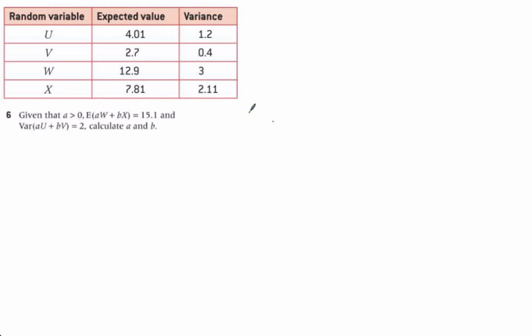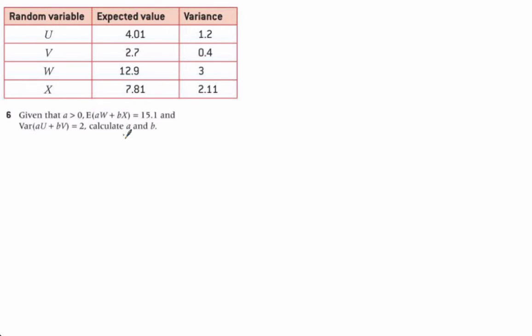In this example, we are given random variables u, v, w, and x with the respective expected values and variances all given in a table. We're told that a is positive. The expected value of aw plus bx is 15.1. And then this relationship exists for the variance of au plus bv,